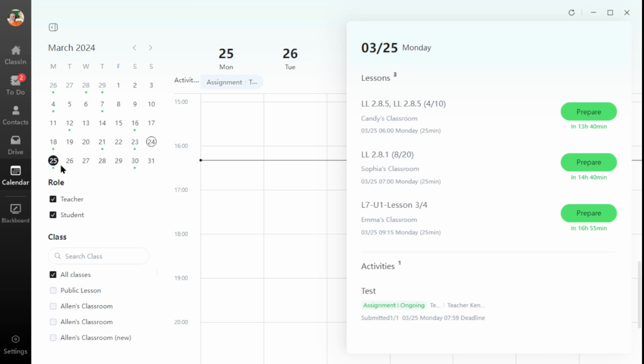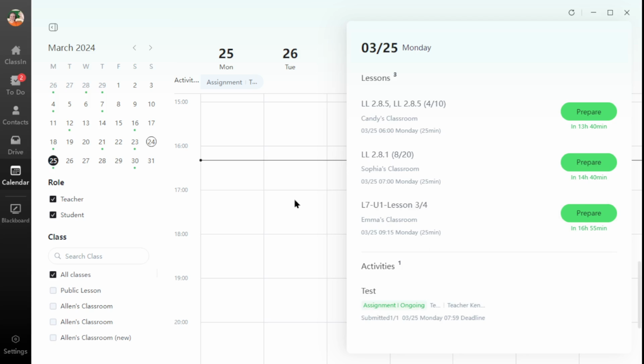So if I'm planning for my day on Monday, which is tomorrow, I can now see all my classes, I can prepare for them, and I can check if I had an assignment due that day. I can check all the homework for all my classes on that date. I already checked this one, so there's nothing here for me to click on, but if I have not checked it yet, there'll be one of those green buttons for me to review their homework.